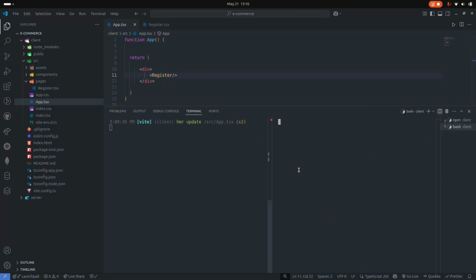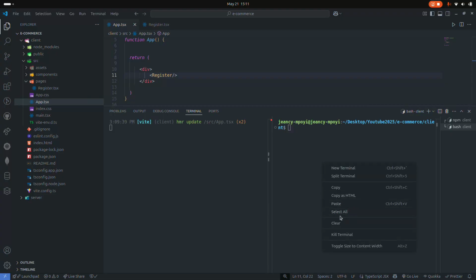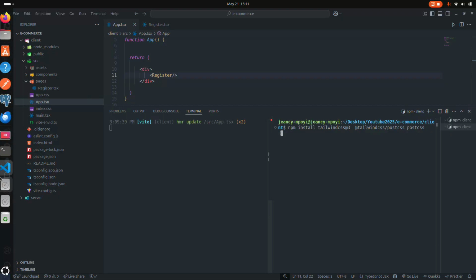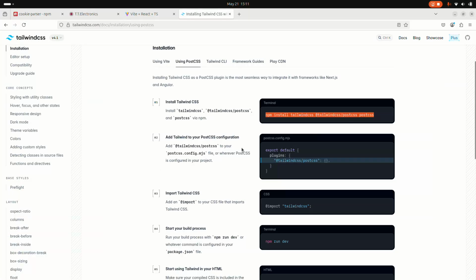open another terminal window. So once you there, now you can copy or you can paste this, and then come here, just add this stuff. So add at 3, so we need to use the version 3, you know, we need to use the version 3, right? And then come back again,